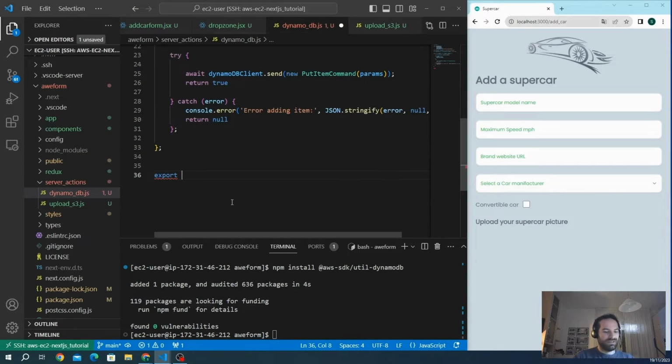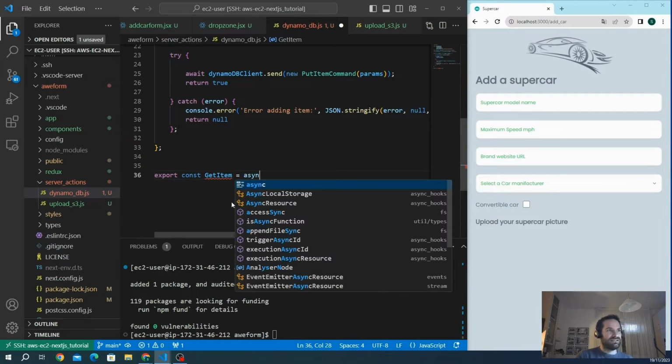We're going to create a new function to get a specific item. It returns only one item each time we call the function. To get a group of items, we will define the query function later using some index and specific query params. So for this case, we just need the item ID to get. That is async,